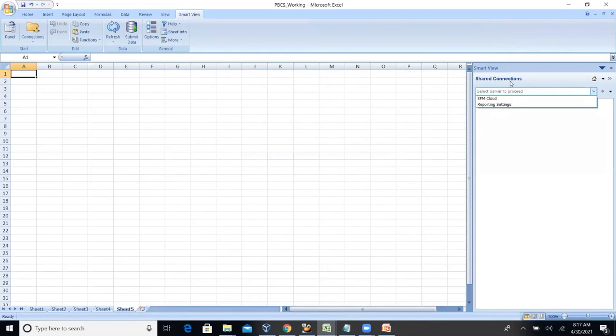Okay, it will display like this. Click on EPM Cloud. This is my backend server, and this is our application, ABC PBCS, we have created.